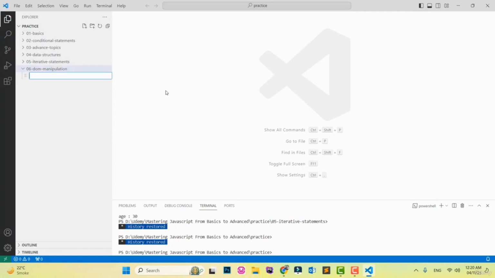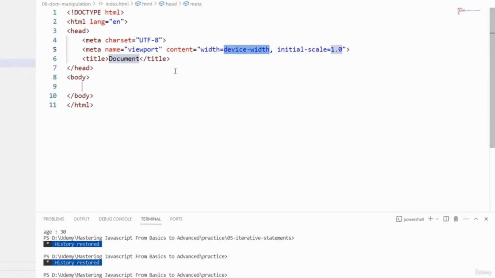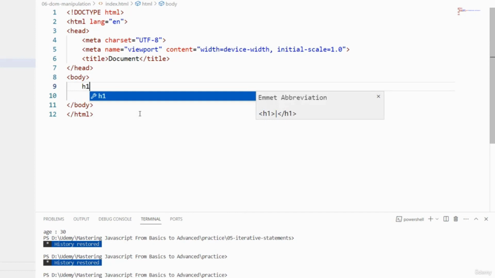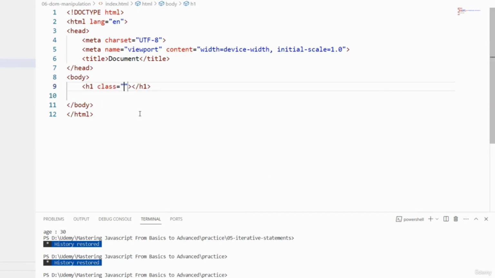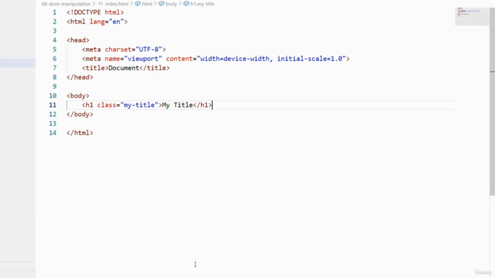In the DOM manipulation folder, let's create a new file with the name grab elements.js. Now let's rename it and simply change it to index.html, because we need an HTML page right now. And I am using h1 here, and giving it a class my title, and here it has the text my title. So if I open this page,